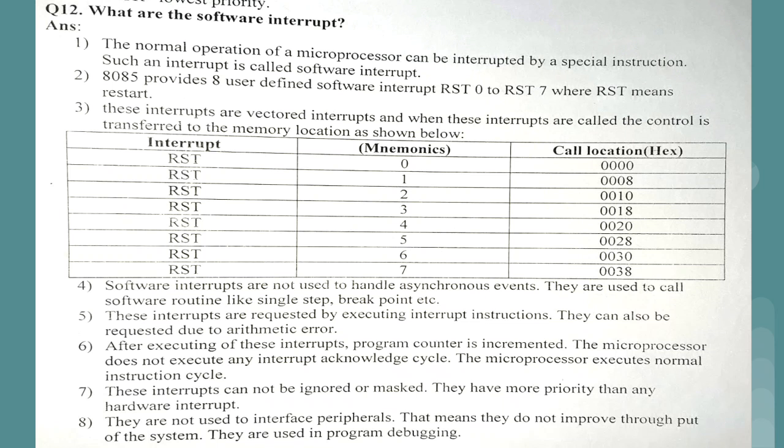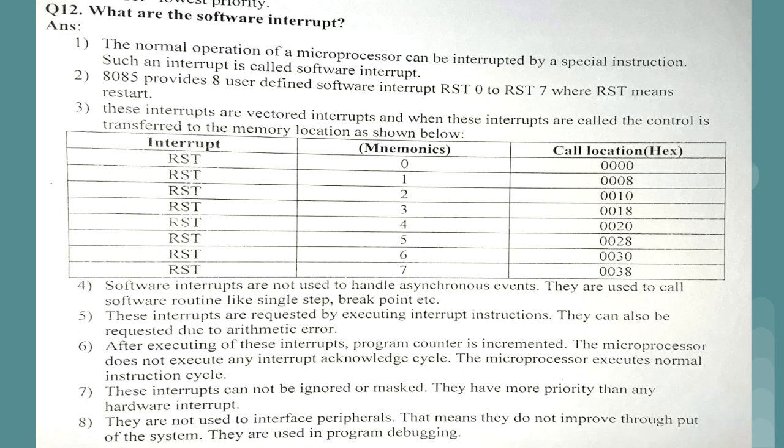We have RST 0 to RST 7. And again there is a call location, that is whenever RST 0, this particular type of interrupt, occurs, we are moving to the 0000 location. We have not started with assembly language programs yet, but in that we are going to use RST or HLT, all such types of instructions. So whenever we use the RST instruction, RST space 0, our control will move to the default location, and the location is 4 times 0.